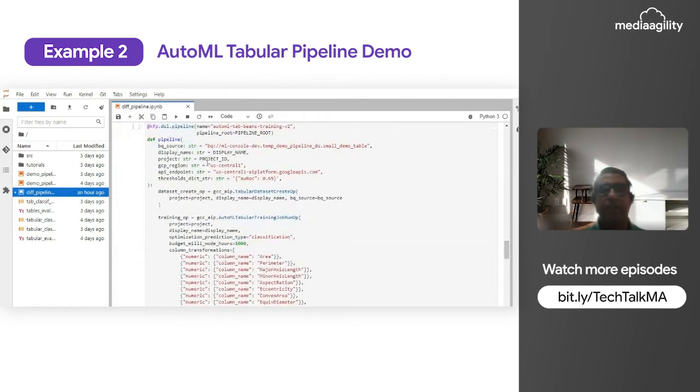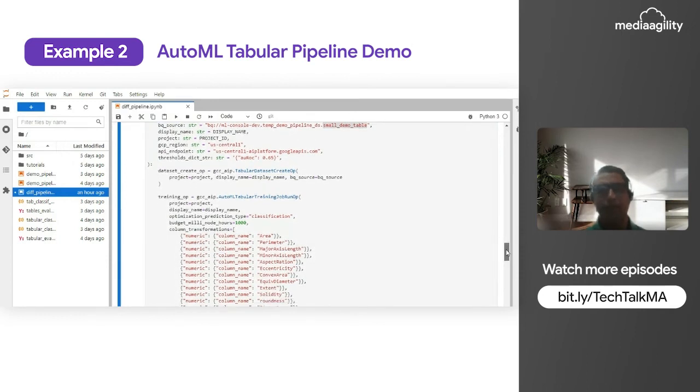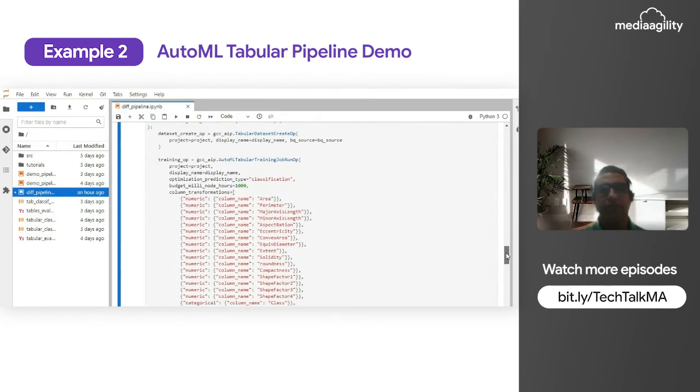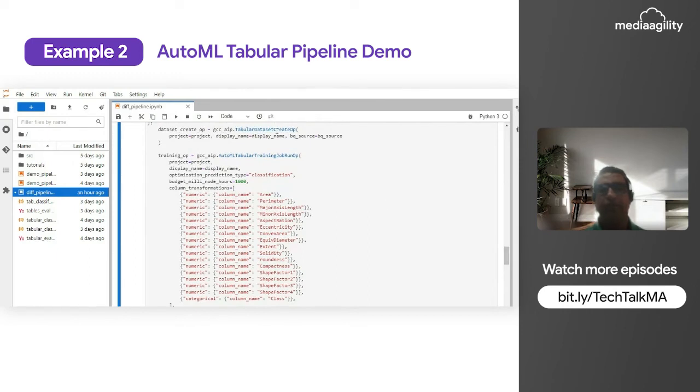We have created the pipeline using the syntax, and while defining the pipeline, we have supplied this table as an input in order to train our model. First of all, we created the already available component in order to create the Vertex AI dataset. Now we made use of this Vertex AI dataset in order to train the AutoML multi-class classification model.